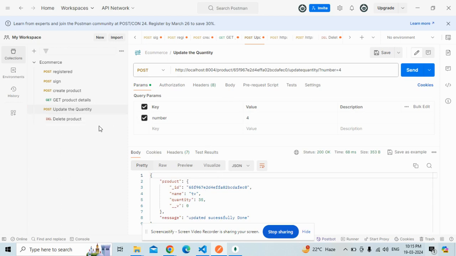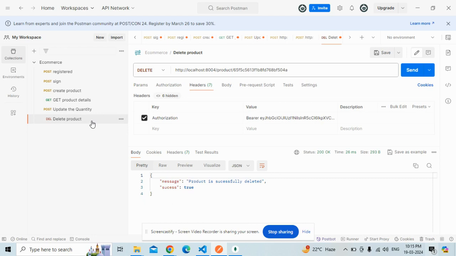After that, in the last we perform the delete operation, in which the method is given as delete, and in which the unique ID is